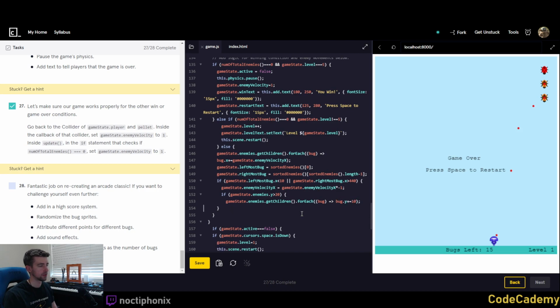Okay. This then needs to be here. Okay, so I don't know if that's referencing the right place, but basically saying that if the enemies are at a certain y value, then execute this. And if not,